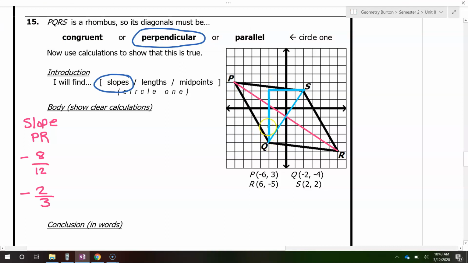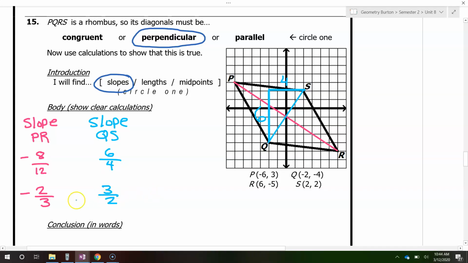I'm going up 3, 6. Okay, so I went up, so that's a +6. The run is 4, +4. All right, so we're talking slope. So rise over run, that's 6 over 4. And that reduces down to 3